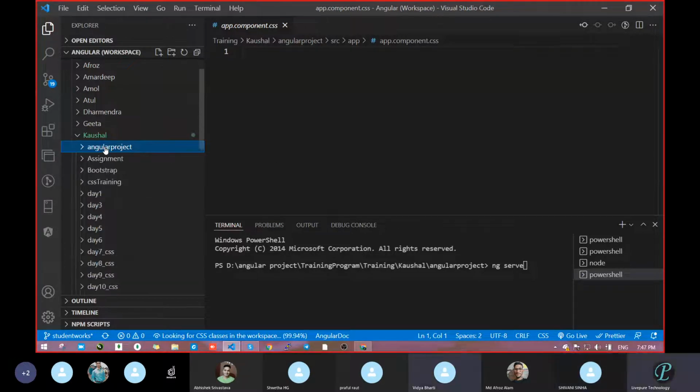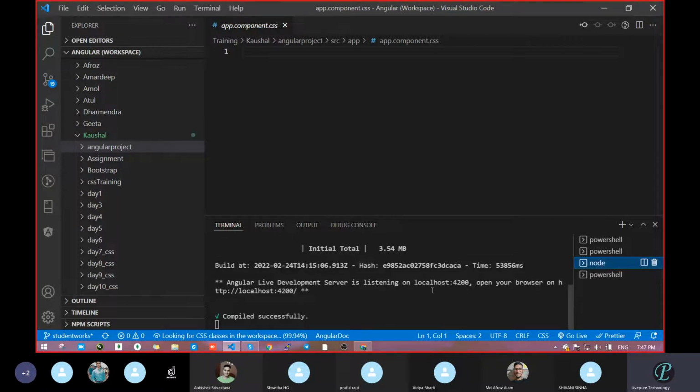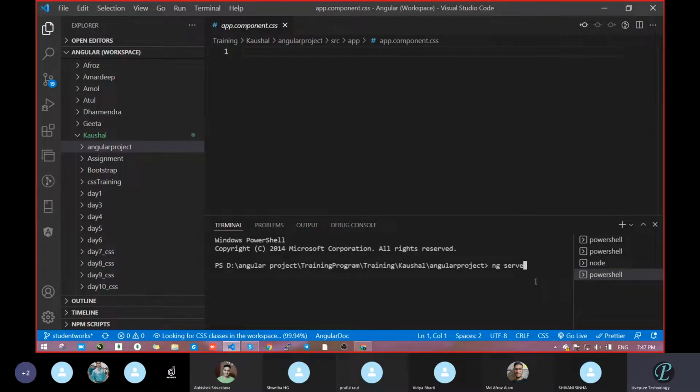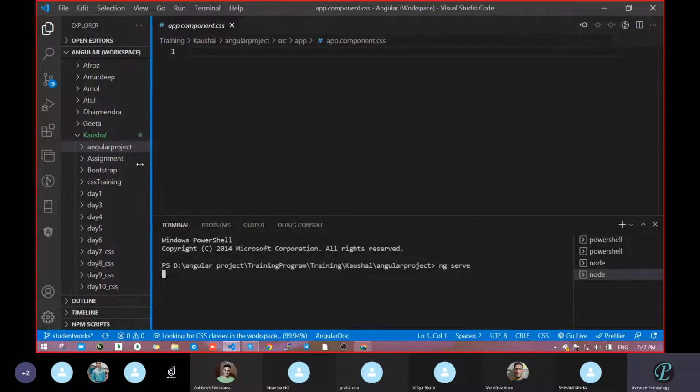Okay, and this step you have to write here: ng serve. This is the starting time. We will do this for 2 months. Don't worry, slowly we will get this. Within 1 or 2 days itself, we will learn this thing completely. So we have to write one command, ng serve, and press enter. But already one ng serve is running in one terminal here. See, that's why I'm not going to hit it. If I press, then it will give an error, or it will also work. What are you thinking? Whether it will work or not? Let's see what error or success message there is.